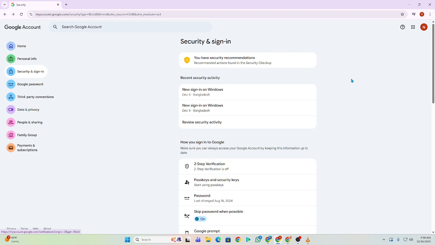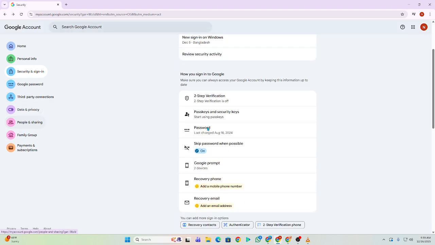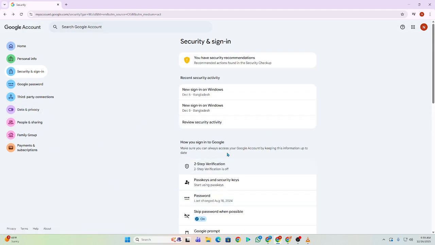To prevent future suspicious activity, enable two-step verification. This adds an extra security check whenever someone tries to sign in. And that's how to fix suspicious activity on your Google account in